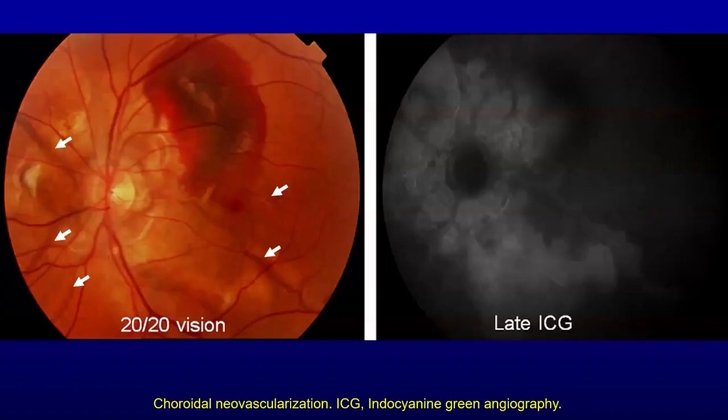And I had seen a patient who had angioid streaks, and we proved that the patient had pseudoxanthoma elasticum, and she brought a relative who didn't have any skin lesions. But we have often learned that the eye changes occur before the skin changes. Not always, but often. And so I would routinely send the relatives of my patients to a retina specialist. And there were a few that I used. And one was